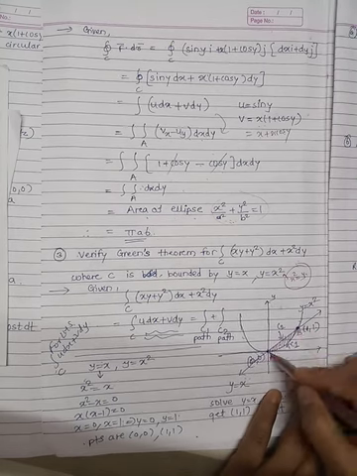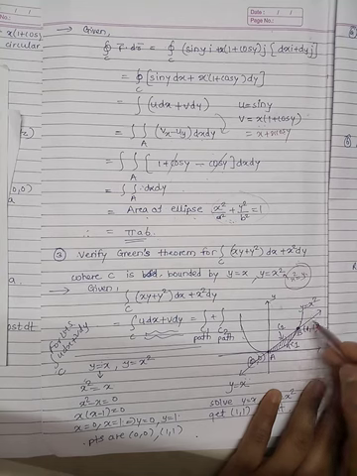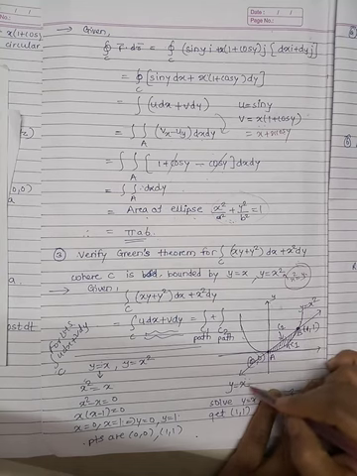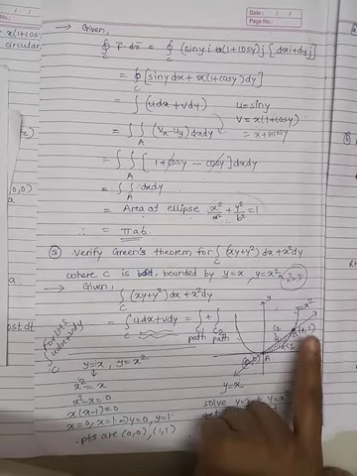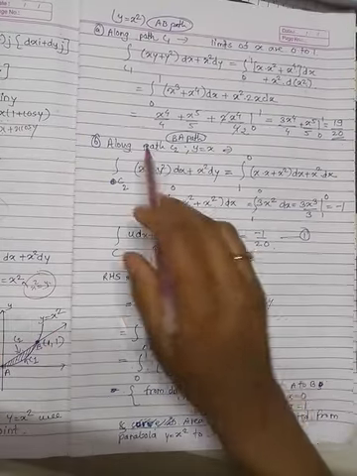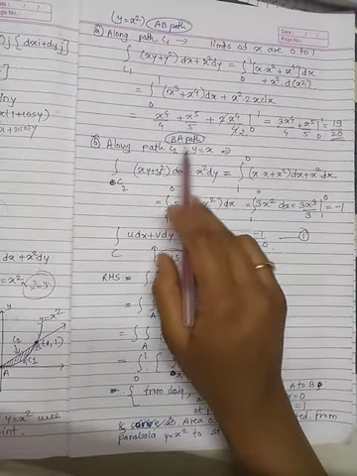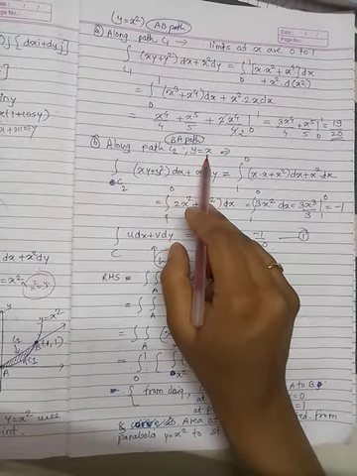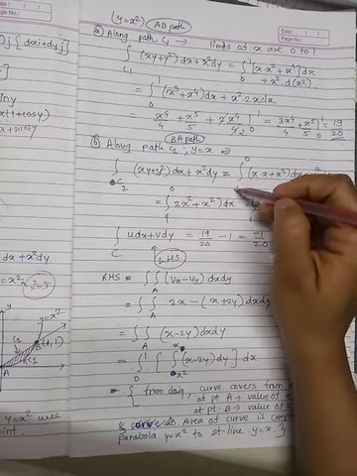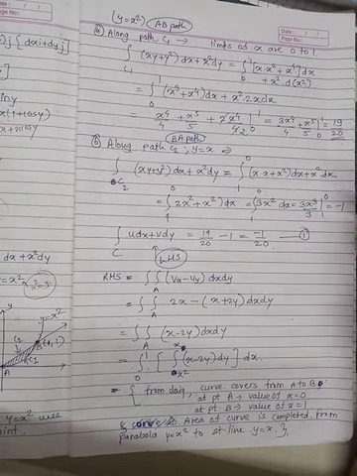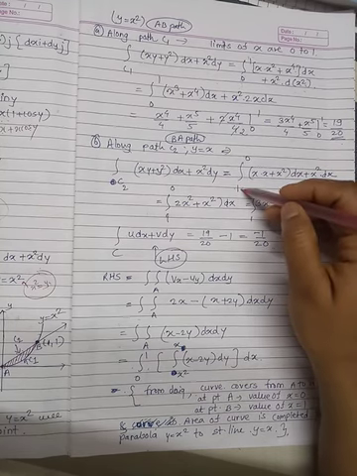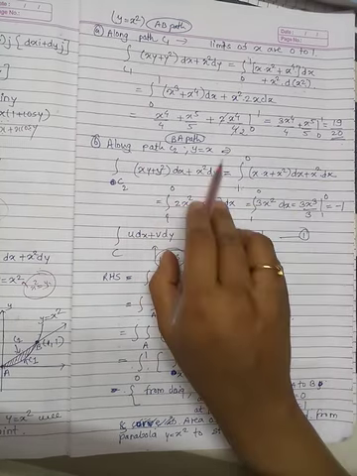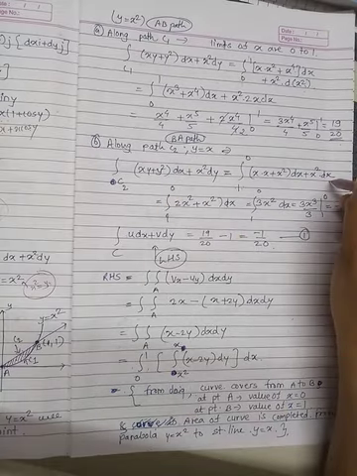So here the BA path is your straight line. Straight line equation is y equal to x. So this y equal to x is your C2 path equation. And the limits are 1 to 0. So here along the BA path, y equal to x, that is a straight line. Limits are 1 to 0. So these limits are values of x.